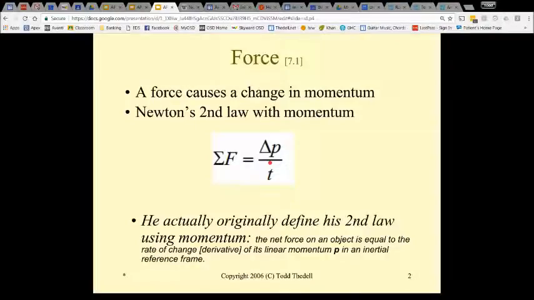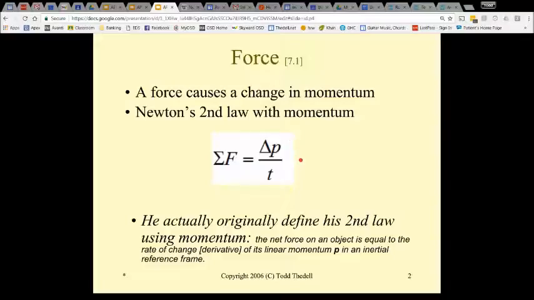The net force of an object is equal to the rate of change, which is the derivative, of its linear momentum in an inertial reference frame. So those are the actual words of Newton, or at least translated, or I guess not translated because he was English. And those are the actual words of Newton. So we can use this also to define the force involved